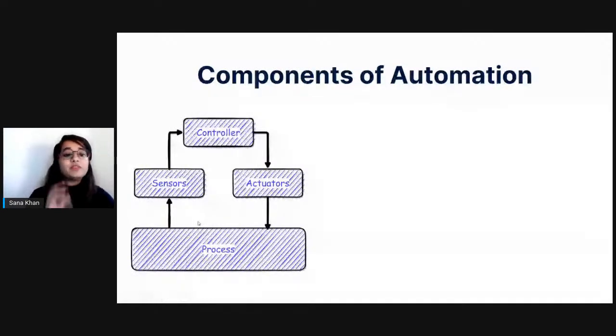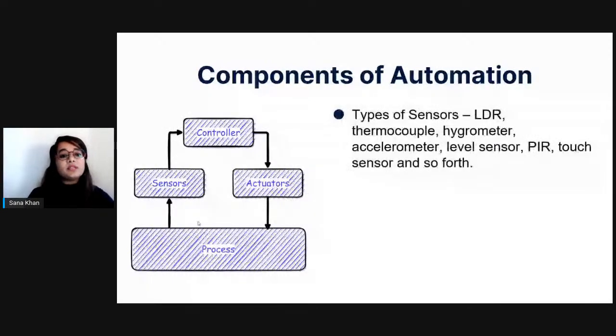So in the previous example also, you need to have different types of sensors which are giving you information. These sensors, as we know, take up data from the physical environment. And we have numerous sensors over here. You have seen the LDR, which is a sensor used to detect any changes in the light intensity. Thermocouple, as the name suggests,